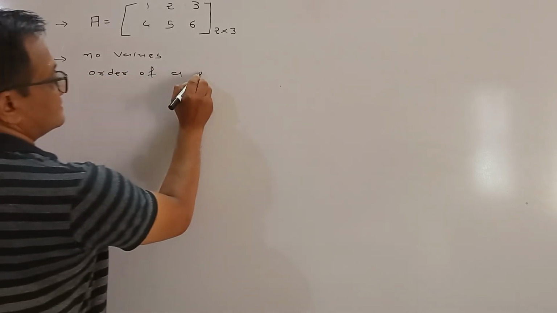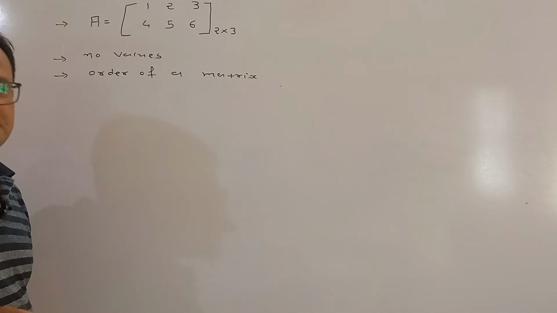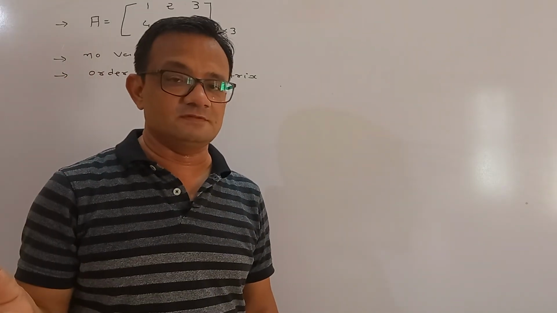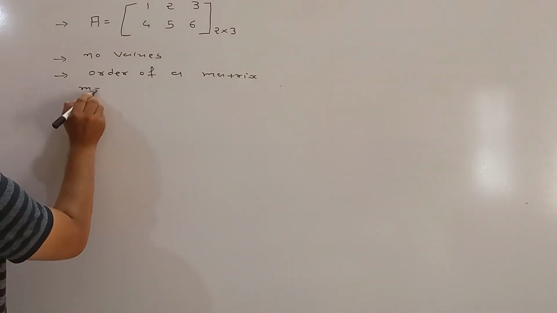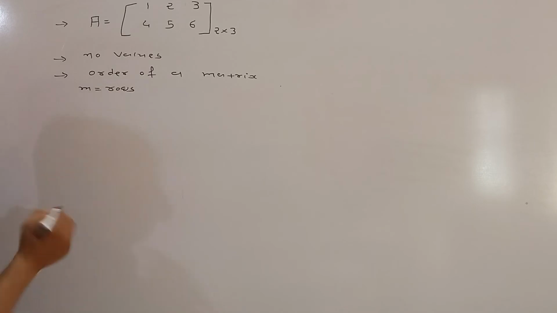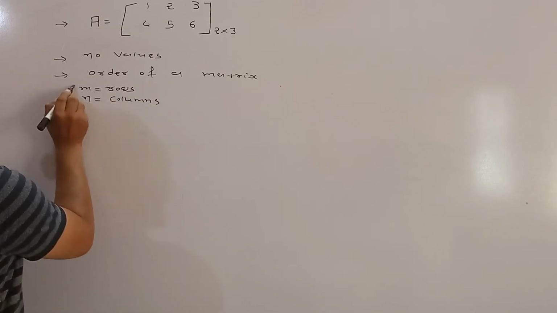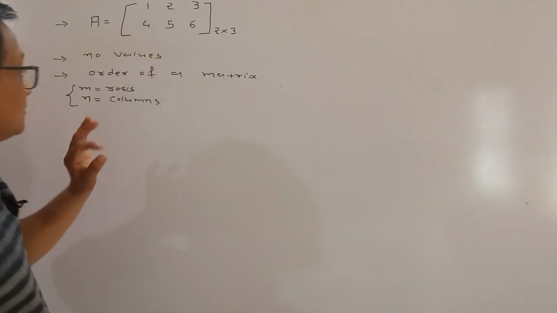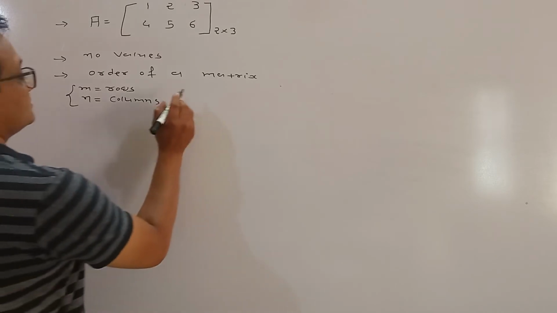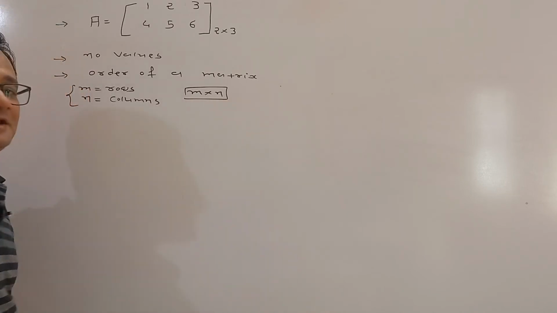Order of a matrix. A matrix having m rows and n columns. Let's suppose a matrix having m rows, number of rows are m, and n columns. A matrix having m rows and n columns, we can say that the matrix which is given to you has m rows and n columns, so the order of that matrix is m by n, an arrangement of mn